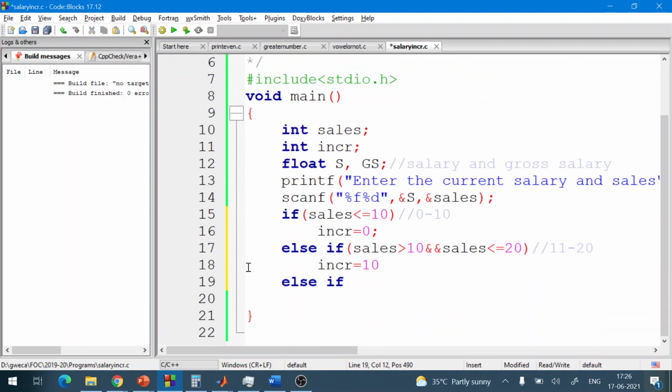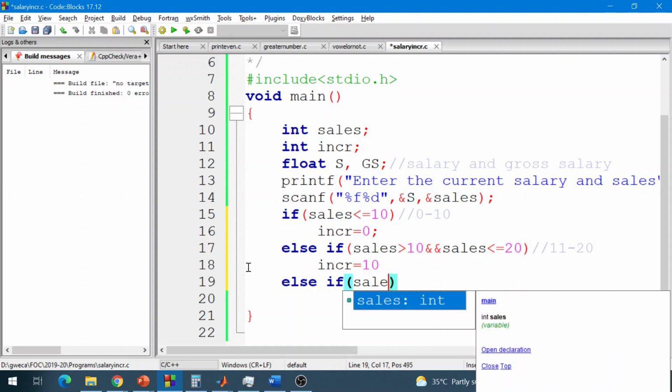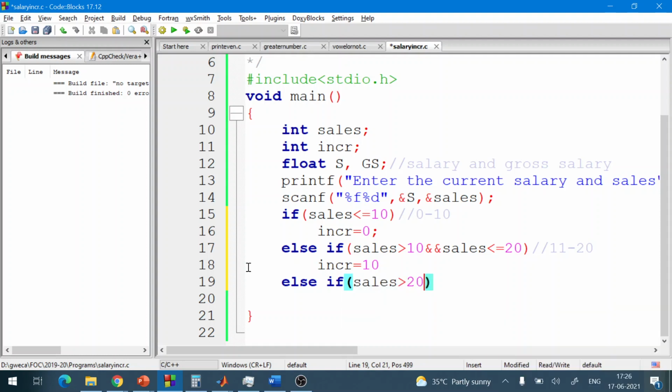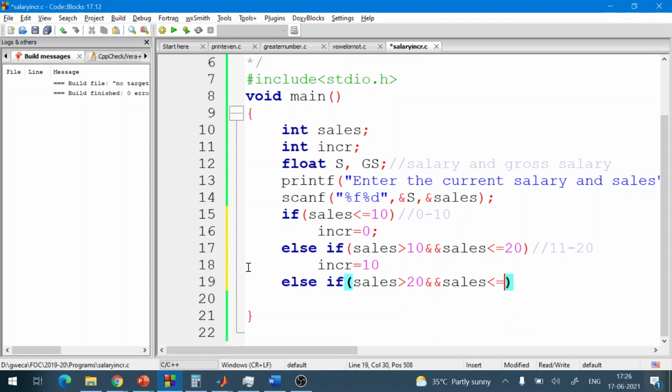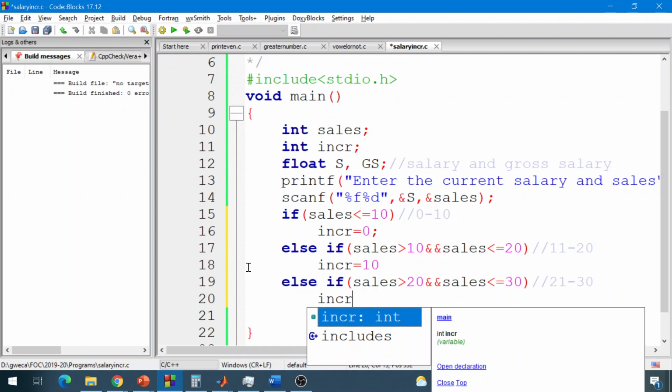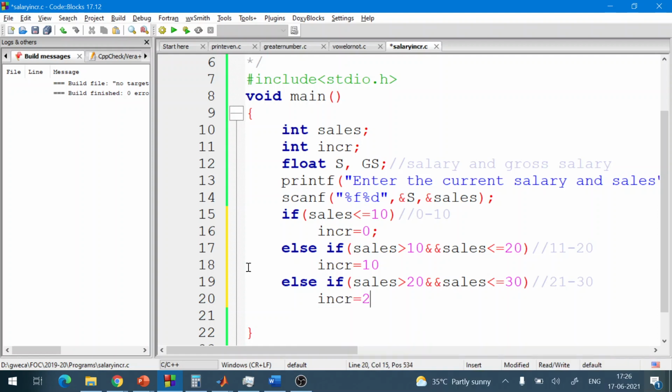We have to separate a range again, where sales is greater than 20 and sales is less than or equal to 30. So this range will be 21 to 30. For 21 to 30, in this case increment is equal to 20. Fine, increment is equal to 20.